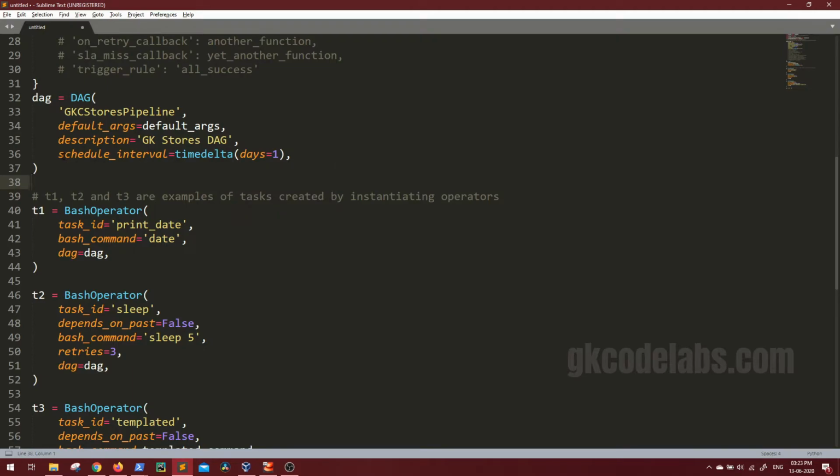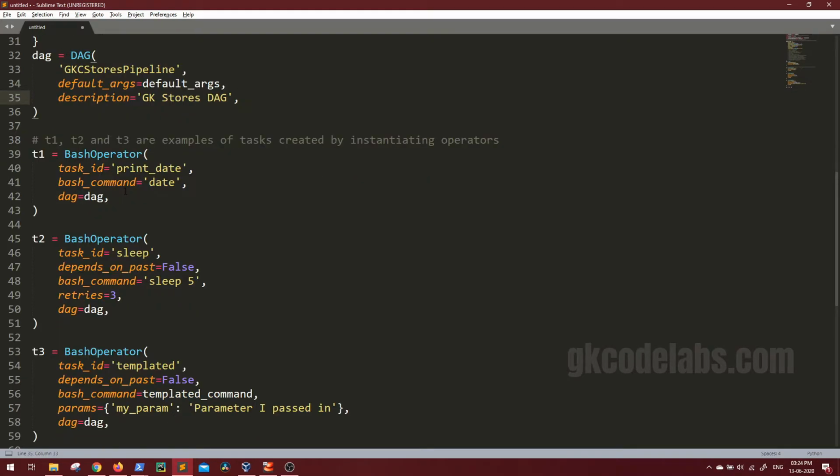Okay, and schedule interval. Now, how frequently do you want to schedule? That means after how many days from start date you want to schedule the DAG. So what it does, it checks the start date plus the schedule interval. In case it has occurred, it will trigger the DAG. In our case, time delta will be 1, but I don't want to run it daily because anyways this system will be down. In case you don't want to schedule it, and you just want to try and run manually, you can remove this, or just leave it as it is if you want to schedule it. I'm going to remove it.